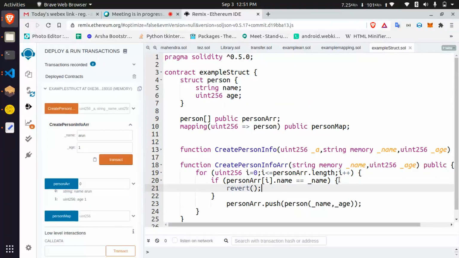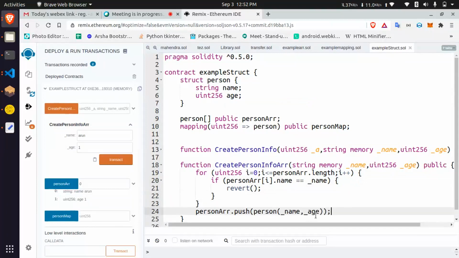It will do revert. And then if not there means we can add. The for loop will check the entire array. If the person is not there means the for loop will get completed, and then this data will be stored. If it is found in any places, the contract will get reverted.